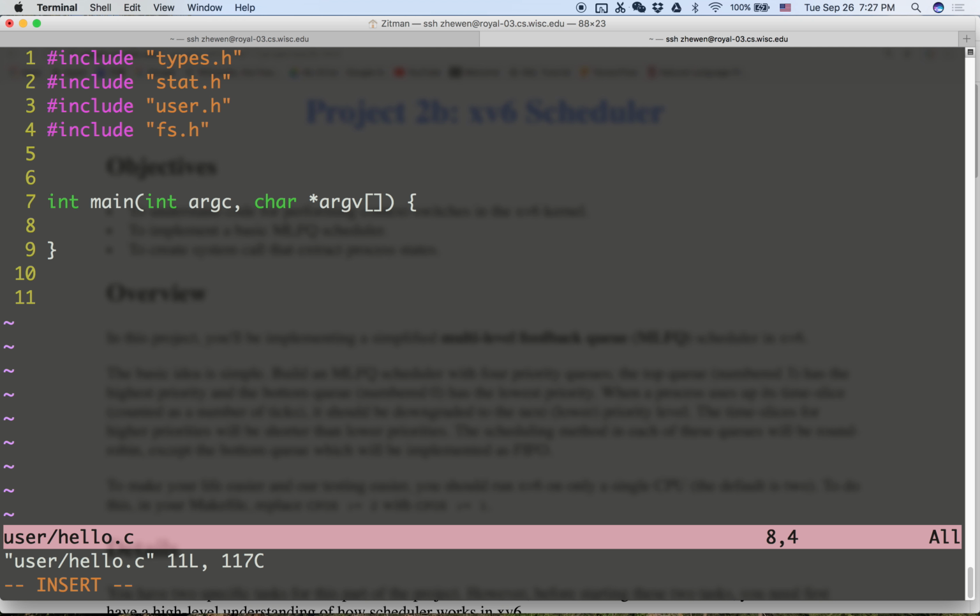The shell from XV6, and the shell itself, again, is a process. But here, because it's round robin, I want to create 3 more processes so that I can see a very obvious pattern for the round robin. So here in the main function of the user process, I just create